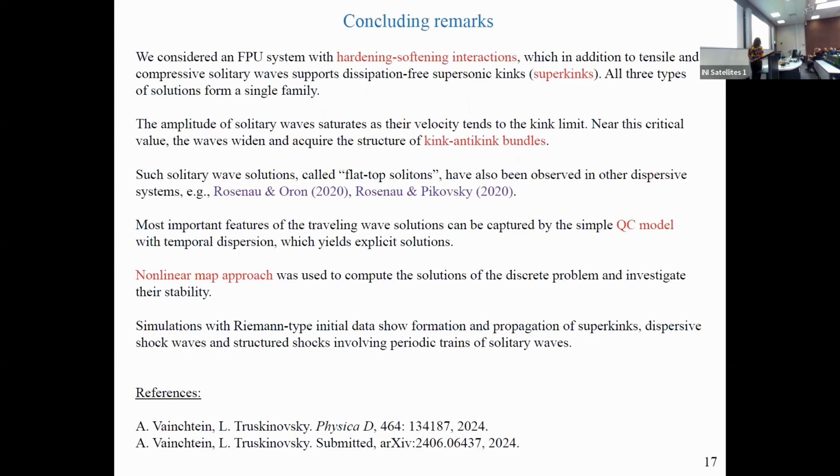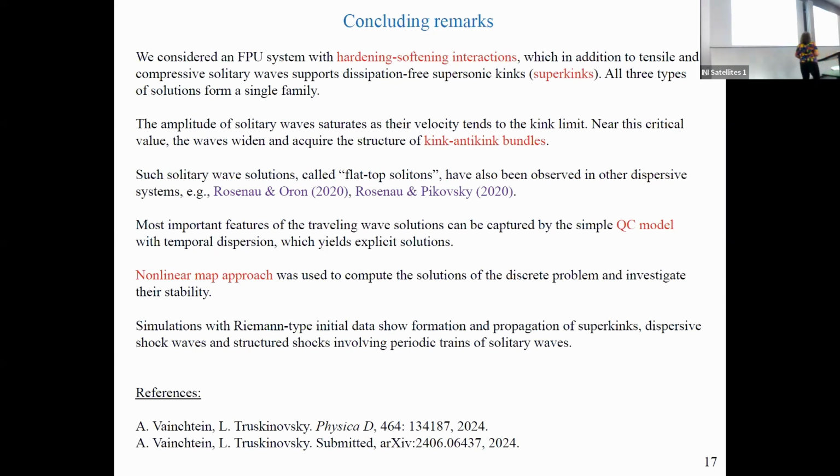So with that, let me just summarize. Oh, and by the way, I should mention that this is not just an artifact of this kind of piecewise linear model. I recently did some simulations for the case where you have a Vainchtein type interaction, and you also see the same effect. So this has to do with this inelastic behavior, and not just some kind of piecewise linear effect or something.